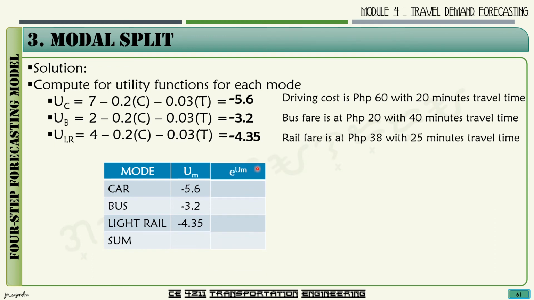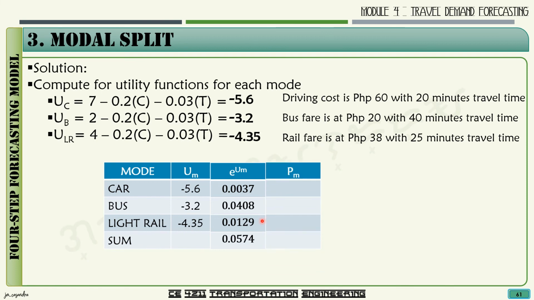And for e raised to U sub m, e raised to negative 5.6 will give us 0.0037. Next, we have e raised to negative 3.2, giving us a value of 0.0408. And e raised to negative 4.35 will give us a value of 0.0129. So our total now is